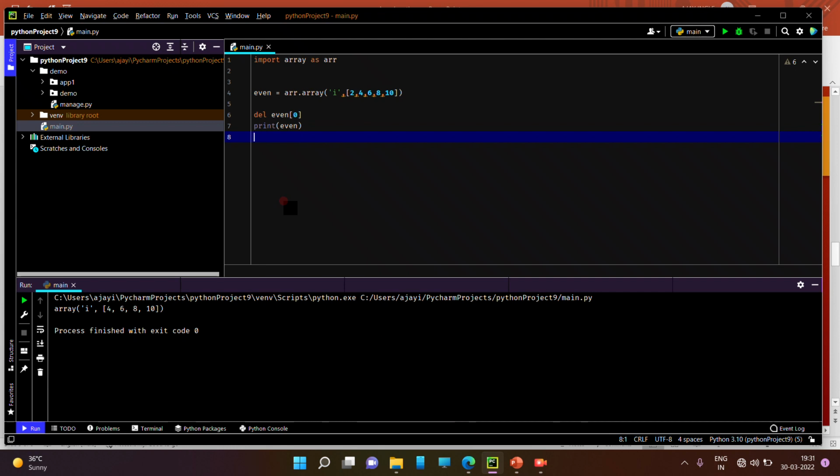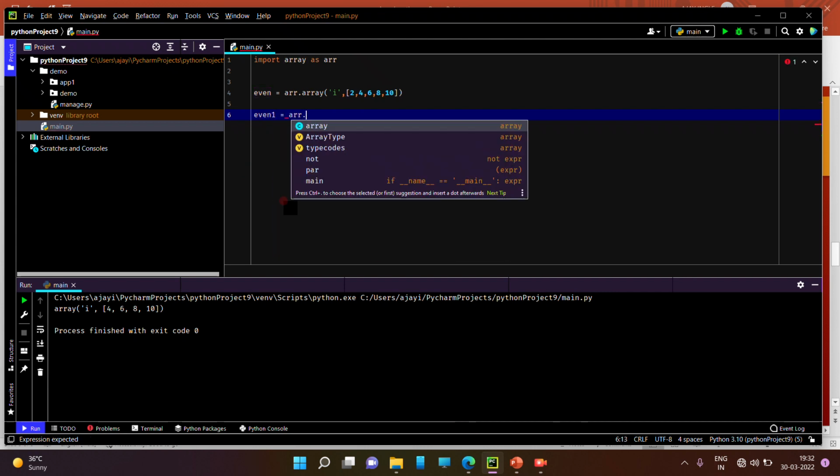Now moving forward, suppose I want to add two arrays, like concatenation. By using the plus operator we can concatenate two arrays. So suppose I have created one more array, e1 1 equals array dot array